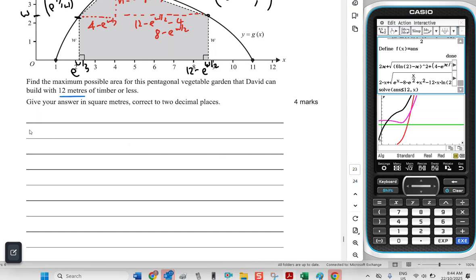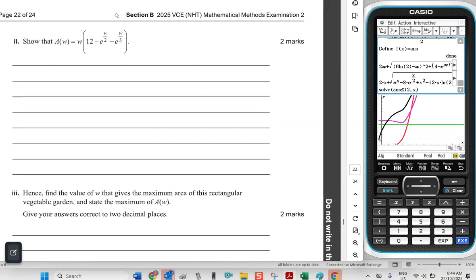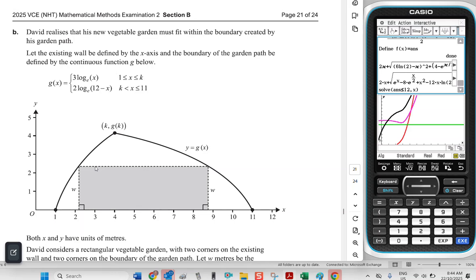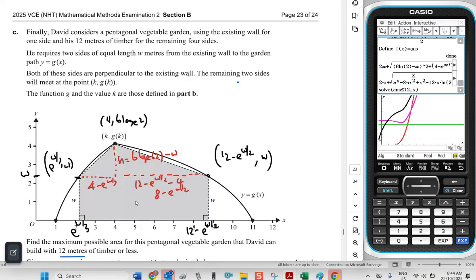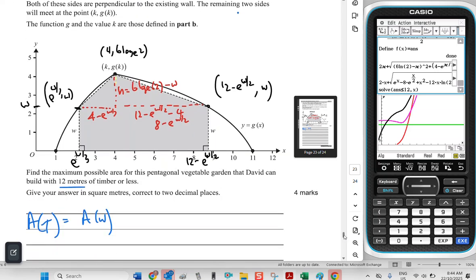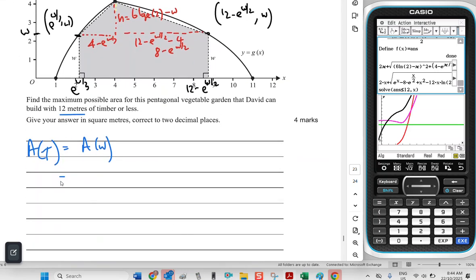Okay, so my area in total is going to equal the area of W, what we had in a previous part of the question, which is this, because that happens to be this rectangle here, and that rectangle is the same as what's on the bottom. That's going to be W times 12 minus e^(W/3) minus e^(W/2),